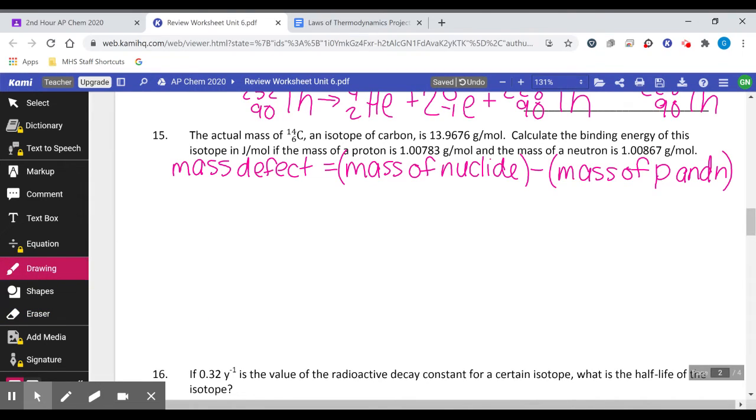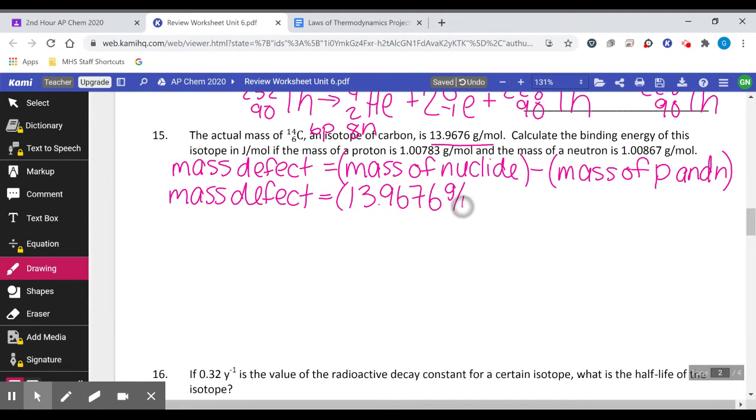How many protons do we have for carbon-14? 6. So we'll have 6 protons. How many neutrons do we have in carbon-14? 8. So we're going to have our mass defect equals, what's the mass of our nuclide? It's given to us. Very good. 13.9676 grams per mole